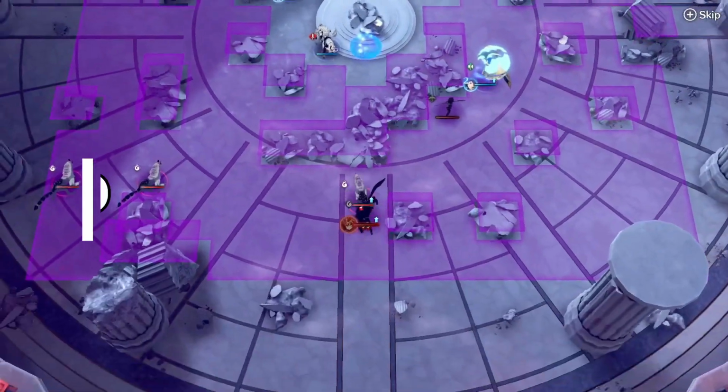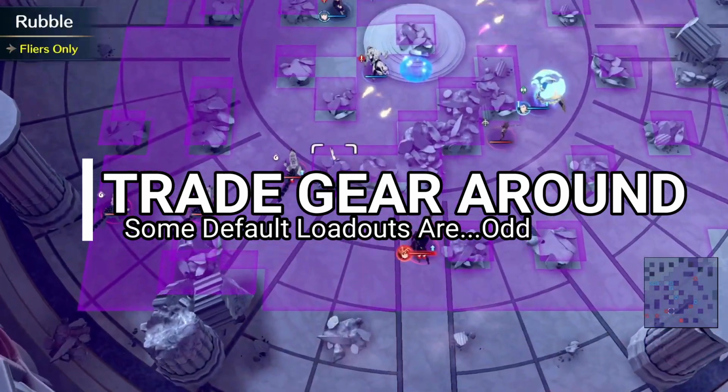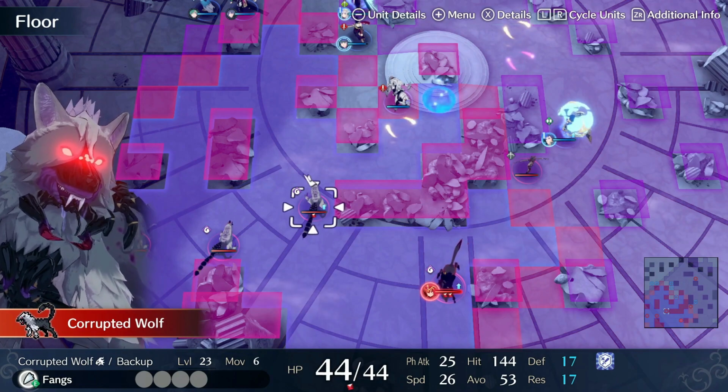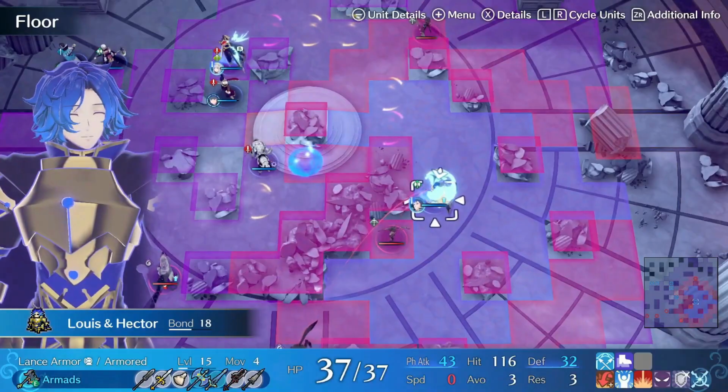Number 4, trade equipment around. This is a simpler one, but don't forget to move weapons, staves, and healing to the units that you're actually going to use. Intelligent Systems made some truly interesting choices in allocating gear from the armory this time around. For example,